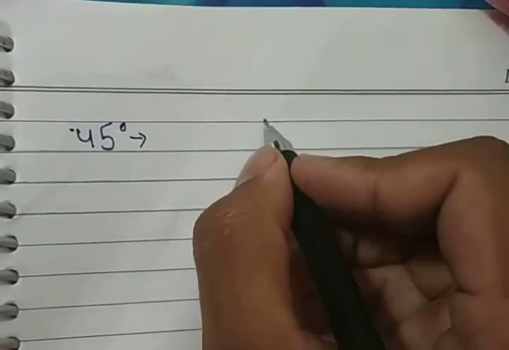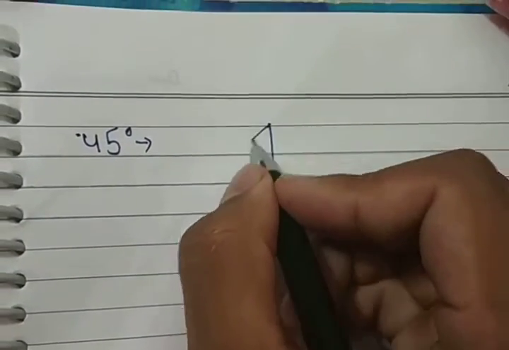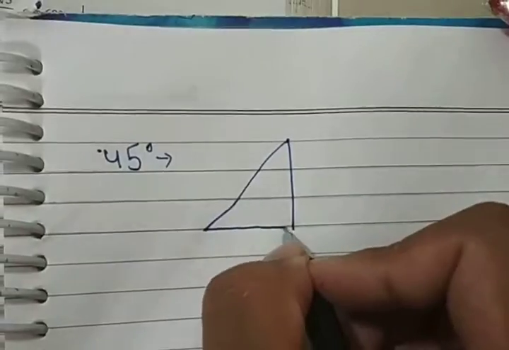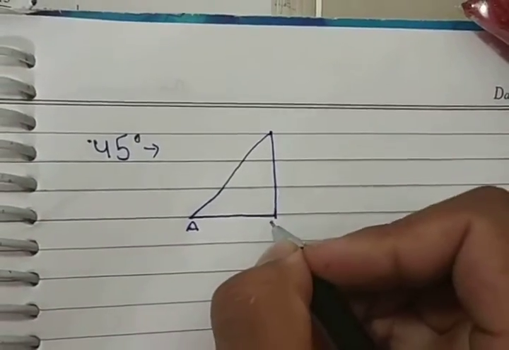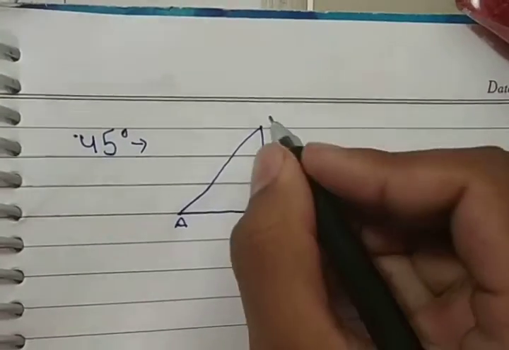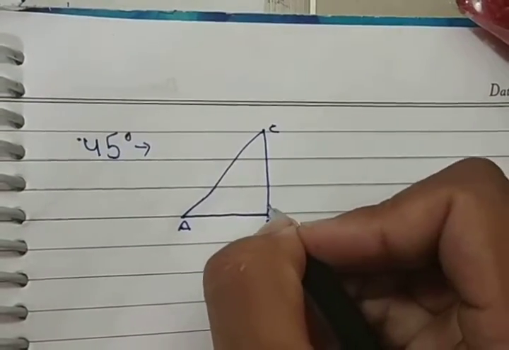So in this video we're going to learn how different trigonometric ratios of certain angles are formed. In this video we'll be talking about the trigonometric ratio of 45 degrees, this particular angle. Okay, so for this let us assume a triangle ABC. This here is our triangle ABC. Let it be right angled at B, here at B.